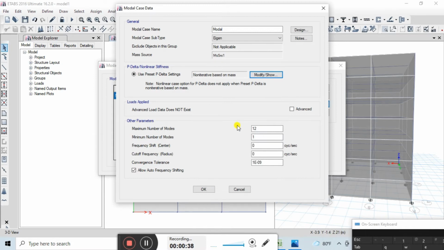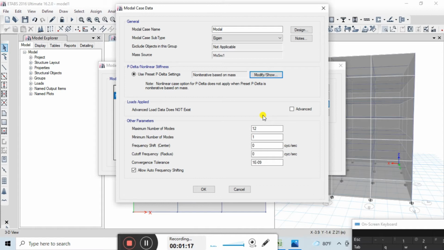The other parameters we need to consider are the maximum number of modes and minimum number of modes. The minimum number of modes we can keep as 1, and for the maximum number of modes we can calculate: we have 7 floors, and in each floor there are 3 modes, so the total number of modes is 21. For the time being I keep it as 12 only, because according to IS 1893 the modal participation ratio should not be less than 90%.